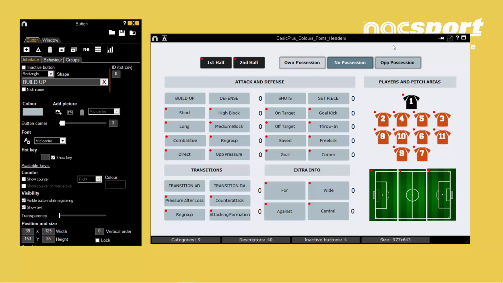We're going to focus on three important points: template color, button fonts, and using inactive buttons as headers. First, let's talk about the template background. As you probably already know, when you open a new template, the default background color is light grey. Although this is a fairly neutral color, our design team always recommends that you change it to a plain white